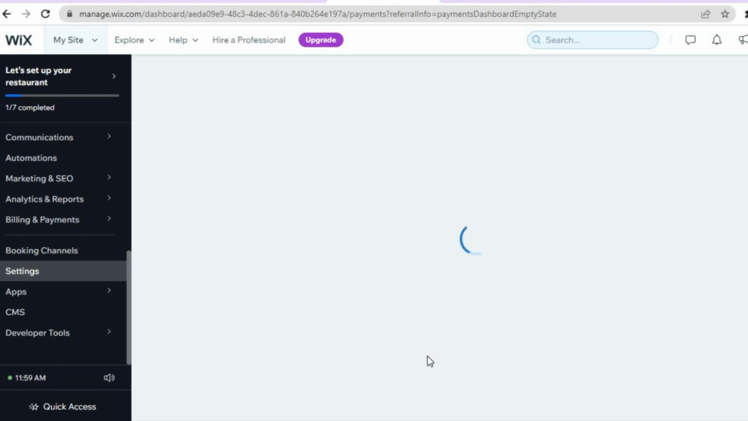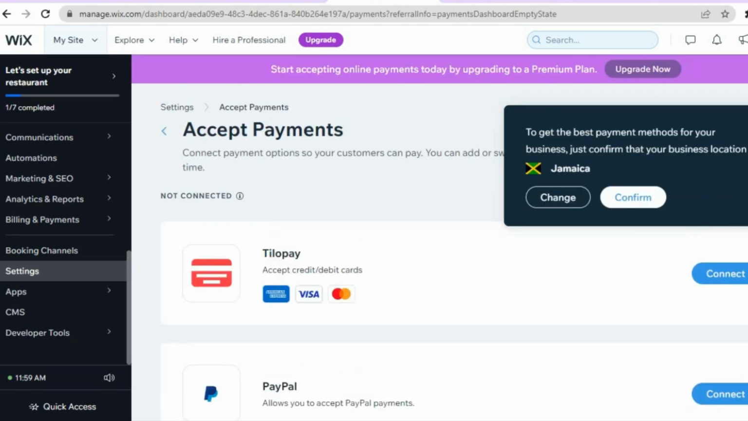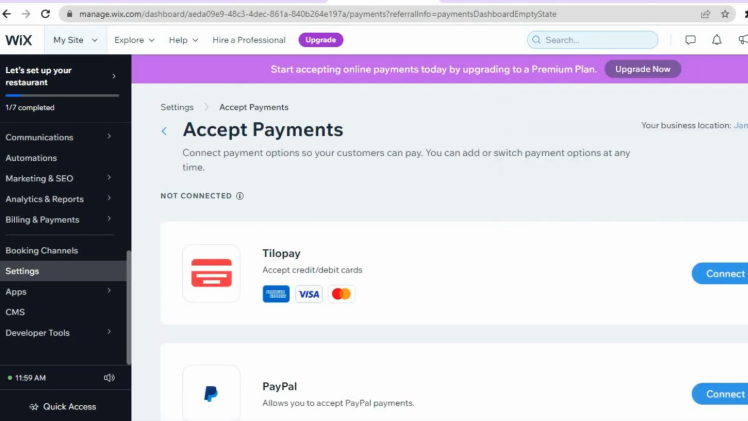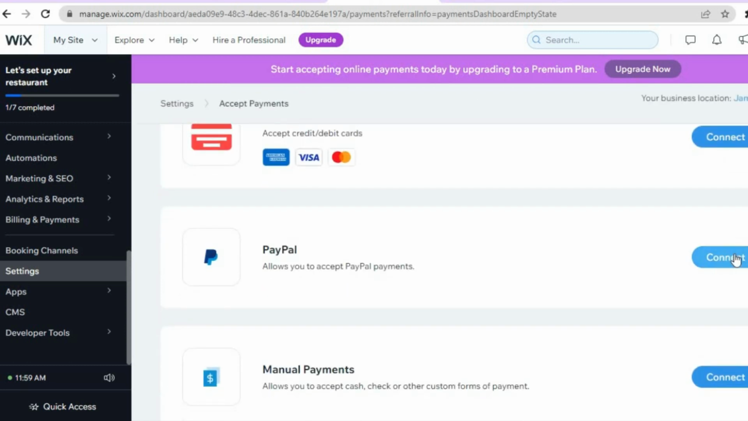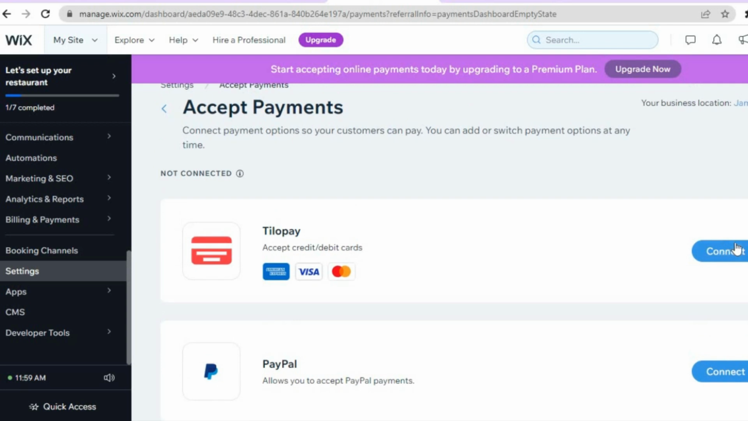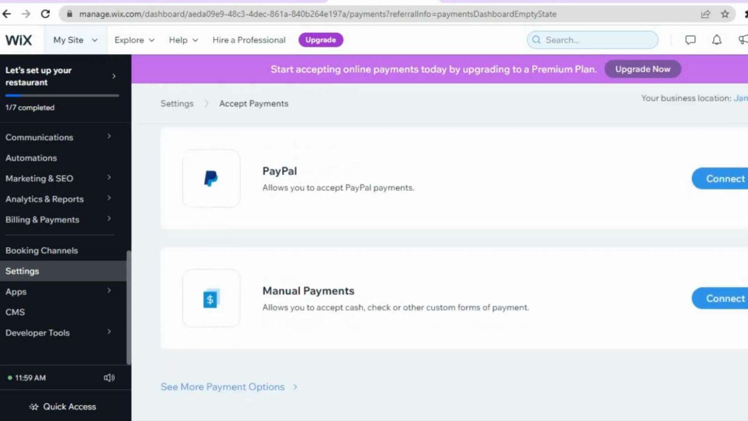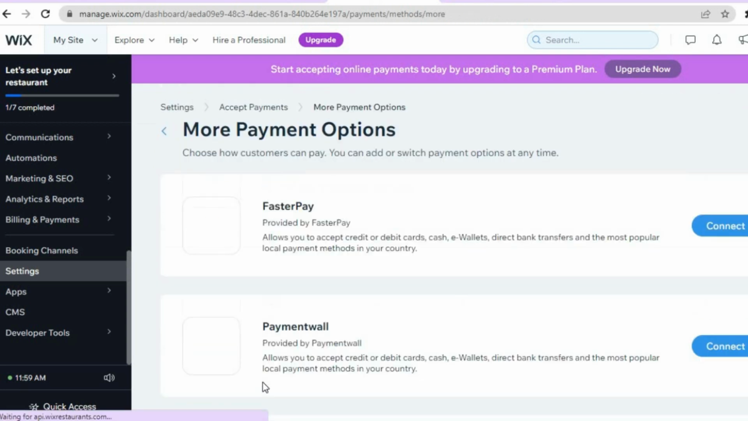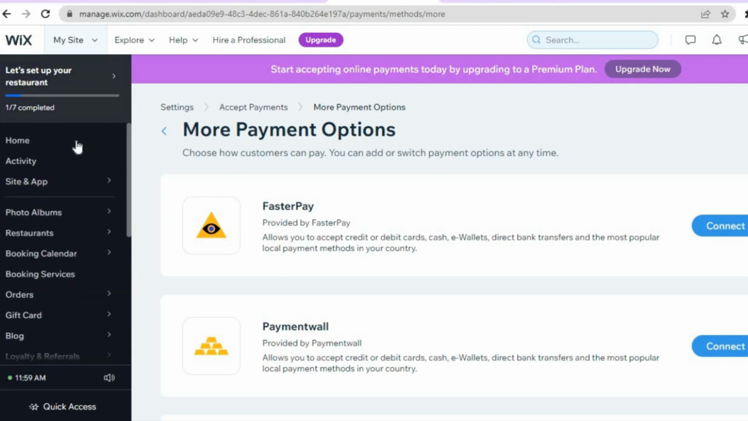and from here we'll be able to incorporate PayPal and different payment methods on our website. So all you'll need to do is tap on connect right beside PayPal. You can also connect TiloPay, and then by scrolling down you could tap on see more payment methods, and you can activate numerous payment methods as you can see right there. Once you have done all of that, you're going to go over to the left hand menu option again, tap